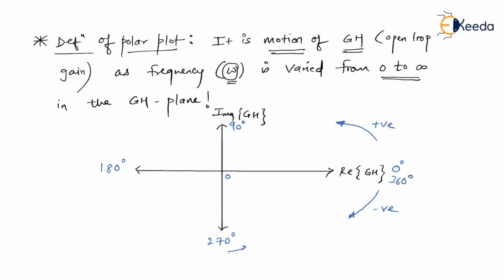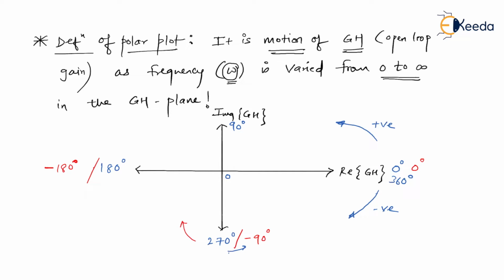Obviously when we are moving clockwise with reference to a particular axis, then we get a negative angle. So let me show you negative angles also. Again, considering 0 degree as a reference, if instead of moving anti-clockwise I move clockwise by 90 degree, then I will reach the axis where 270 degree is written, which is alternatively known as the minus 90 degree axis. And suppose from the minus 90 degree axis, I move another 90 degree clockwise, then I'll reach the 180 degree axis, which can be considered as minus 180 degree also.